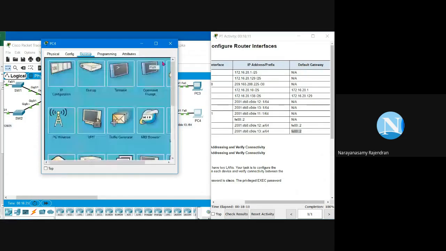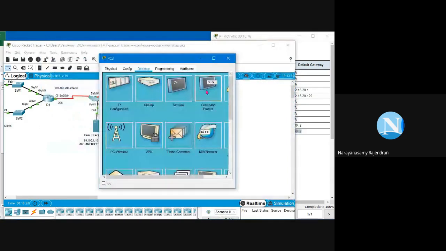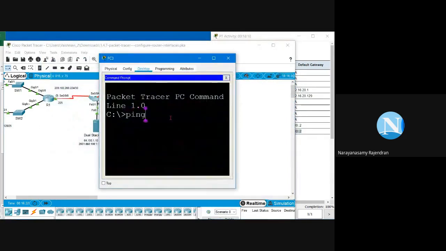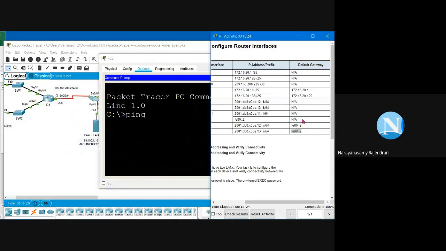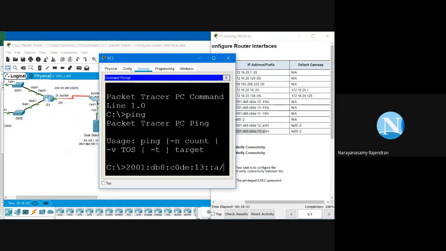Now I'll close this. I'm going to PC3, to the command prompt. I'm going to type the command ping, then enter the PC4 address. The PC4 address is this. IPv6 address. Oh my God.